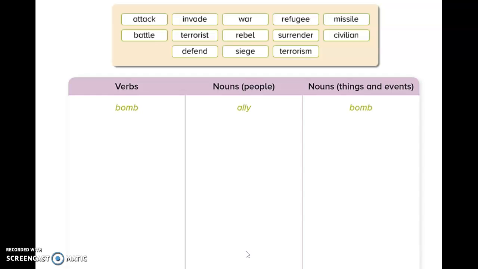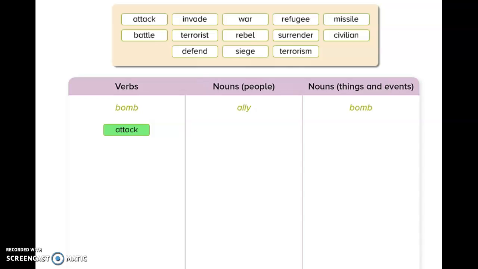This is the English activity number 2 and we're going to check all together the answers for the previous exercise. Okay, so here are the correct answers for activity number 1, exercise number 2. Those are the warfare words that you need to put in the correct column. So let's check. The first, attack,